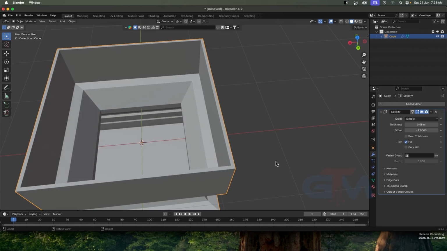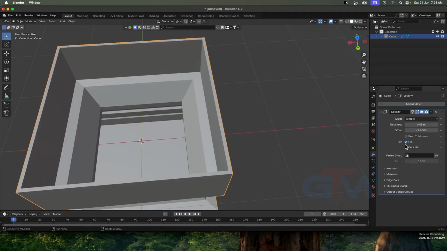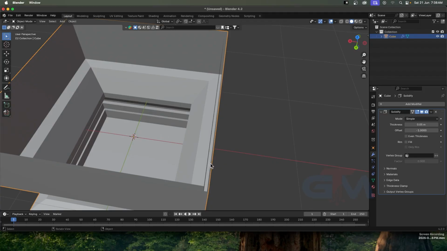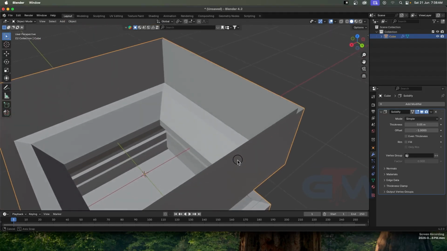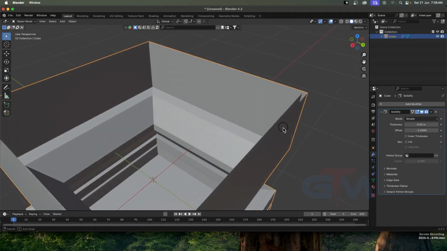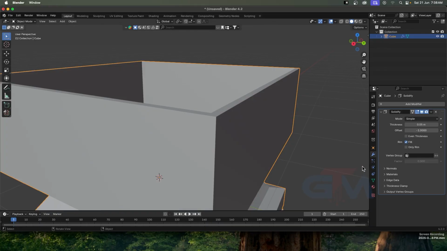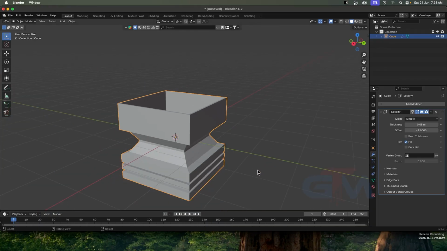So let me uncheck for now, and I have fill. So if I uncheck this one, you can see the gap is not filled. So if you want to fill that one, so you can see here properly. So if you want to fill this gap, then you can go for this fill. Okay, so these are the main things, and we have one more important thing, that is called as